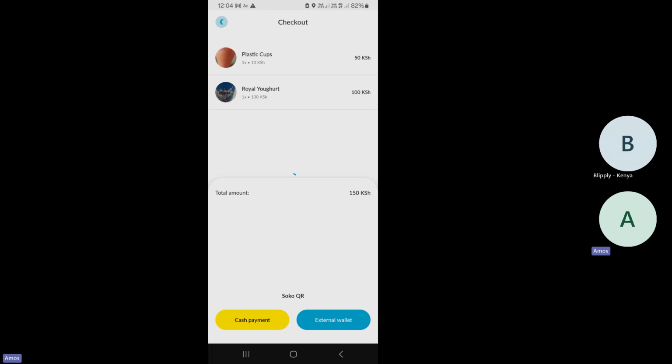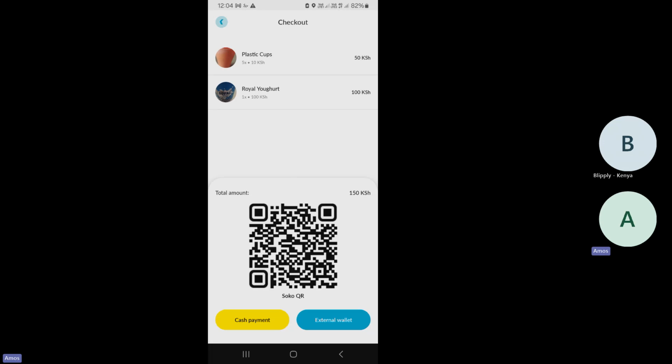So under the checkout, there is something that you can see, the Soko QR. For the Soko QR code, there are 3 ways of receiving your money with the Tcash platform. There is the Tcash wallet that you have once you log in and sign in. Then there is also the cash payment option or the external wallet payment option. For a customer who has Tcash, then it is recommended that they use the Tcash to pay because the transaction will be free of charge. They are not charged for the transaction. So they scan the QR code using the app.